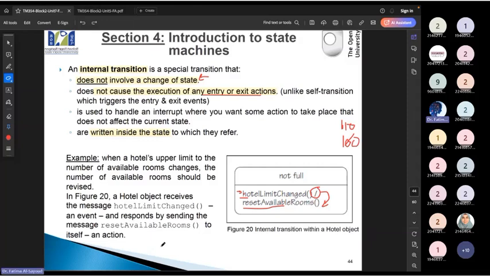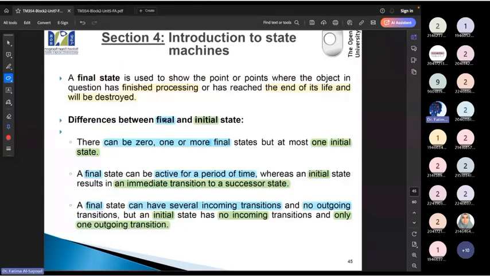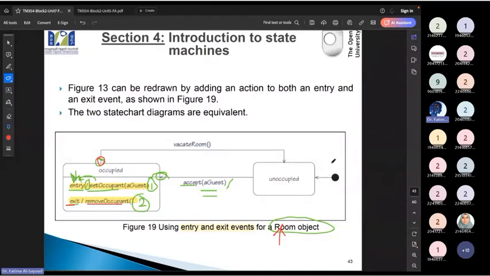Now, as I mentioned at the beginning, we're going to have what is called an initial status with a final status. In the example in this slide, we don't have any final status shown. We always have only an initial status. So this is an initial status. So if I'm asking you, how many initial statuses can you have?